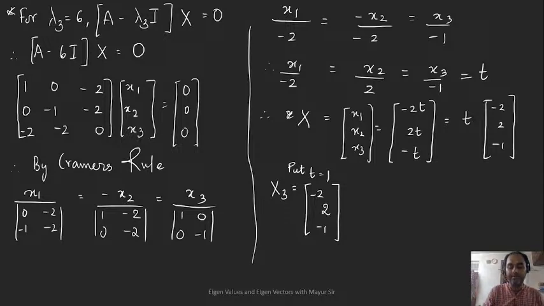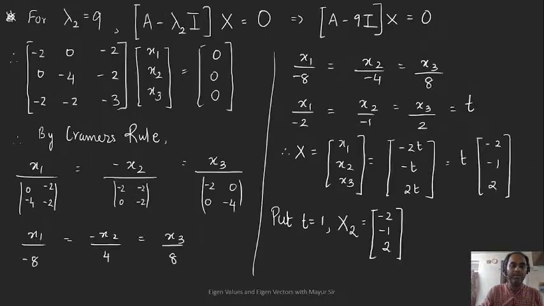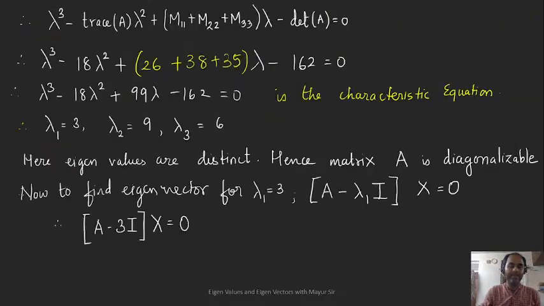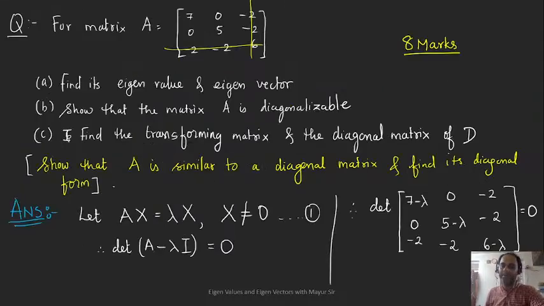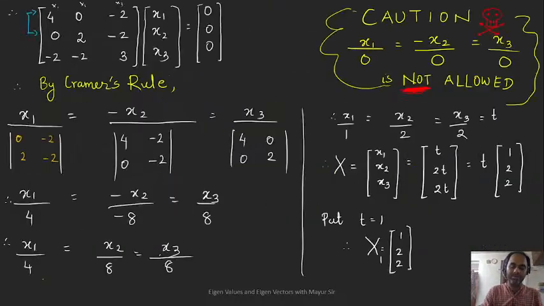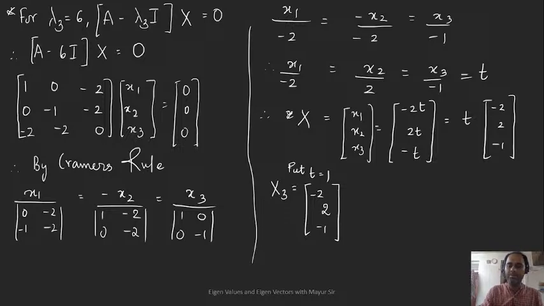Okay, now they had asked us to find the transforming matrix, right? In the question, as it is a lengthy question, we had to find the transforming matrix and the diagonal matrix D, or we will also find what is the diagonal form. Okay, so these are the three vectors. So now write down, to find the diagonal form